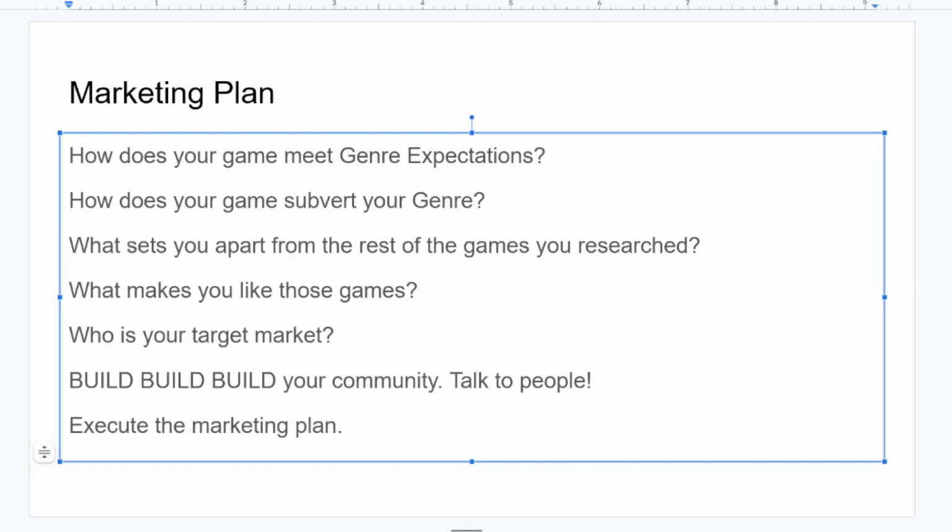So that's something that you want to talk about, what sets you apart, and you want to keep that in mind. What makes you like those other games that you did research about and looked into, and you said, oh, this is kind of like my game, but it's not like it in this sense? What were the parts that you did really like, right? So in Skytear, one thing we really liked was how streamlined the gameplay felt. And we said, okay, we want to really focus on how streamlined our game is as well. And that's part of what we talk about in regards to Legacies Allure, that it's very easy to pick up and play,